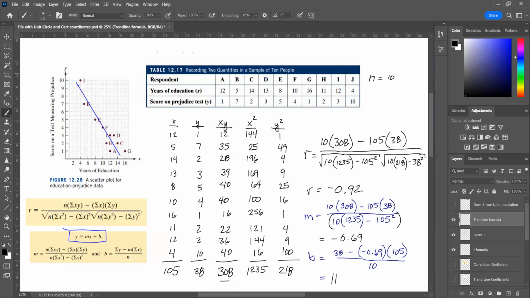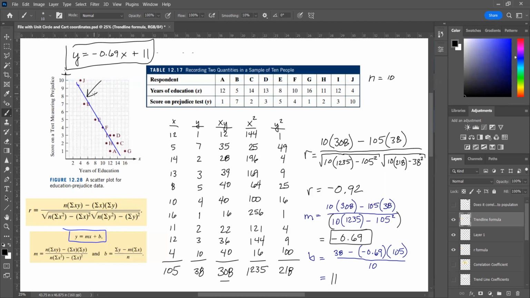So where it crosses the y-axis is up here at 11. I think mine is trending a little bit higher than that, but it just means I didn't draw my blue line exactly in the best spot, but it's pretty close. So the formula for the blue line is y equals mx plus b, and we calculated m as negative 0.69. Keep the x. Remember, y equals mx plus b, where b we calculated as 11. So that is the formula for the blue trend line that goes